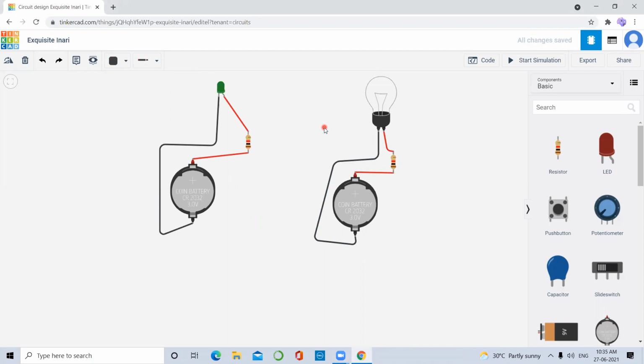Okay, so this was all for today. Let us see whether our bulb is working. Yeah, so all the things are glowing. You can see this and this.